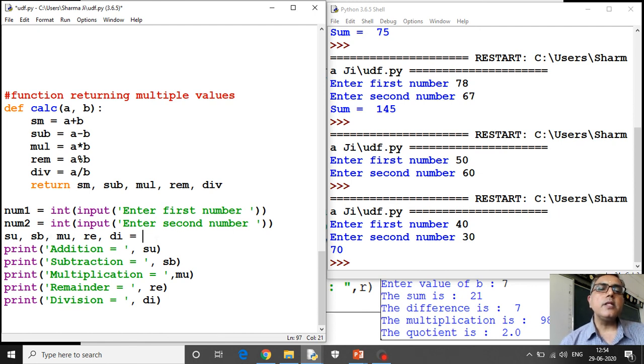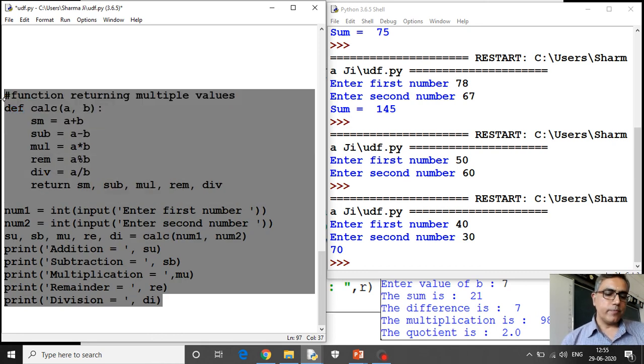These 5 variables will store the values which are returned from this function, with num1, num2. So the first value the function will return, sm, will be saved in su, sub will be saved in sb, mul will be saved in mu, rem will be saved in re, div will be saved in di, and then I have just displayed the results of addition, subtraction, multiplication and division. Now let us see how it executes.